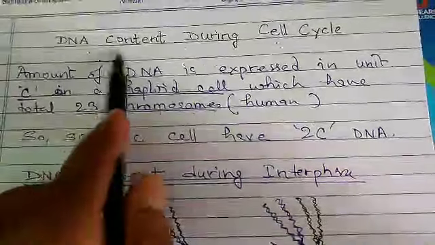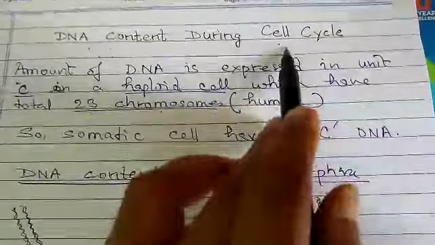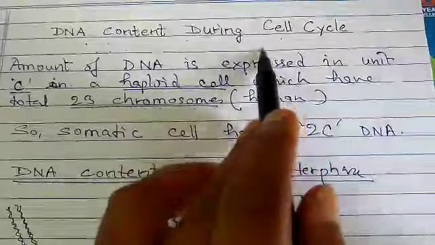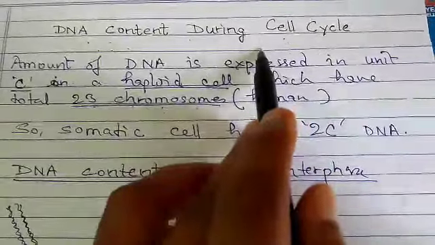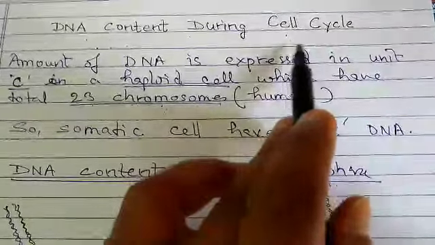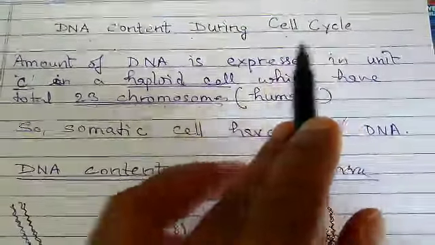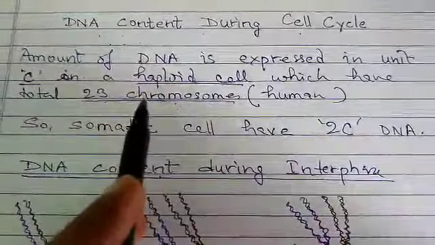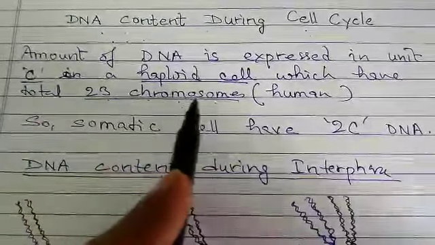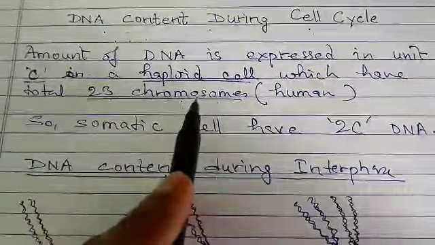This topic is DNA content during cell cycle. Cell cycle is a series of events which helps in the division of the mother cell to form either two daughter cells in case of mitosis, or four gametes in case of meiosis. So the amount of DNA changes from one stage to another and is very crucial in normal cell